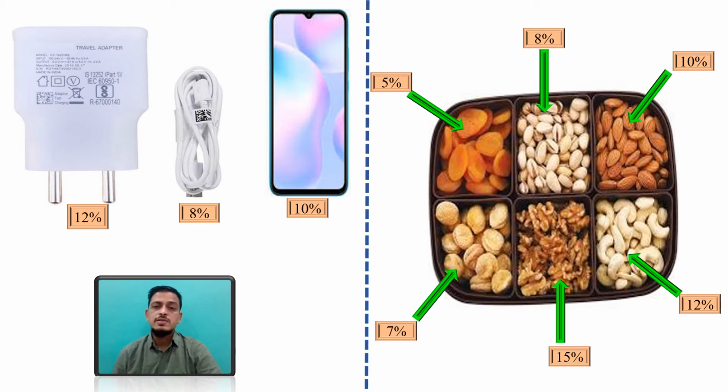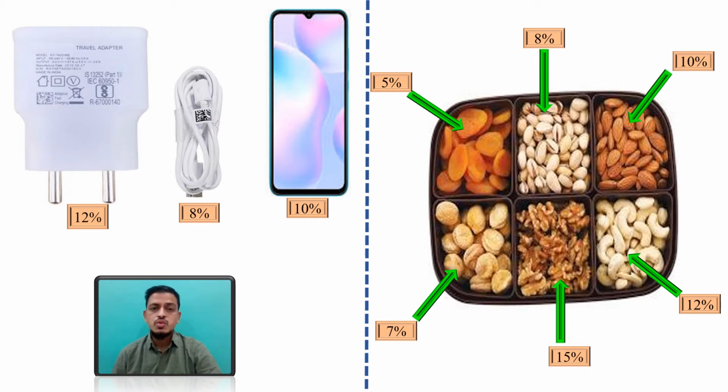Now the question arises, which rate is applicable, whether it is to be taxed at 12%, 8% or 10% in the first case, and in the second case at what rate this will be charged. The whole product is charged because they are sold at a single price. Both the things are sold at a single price as a combo. So for that you have to identify which is considered a mixed supply and which is considered a composite supply.